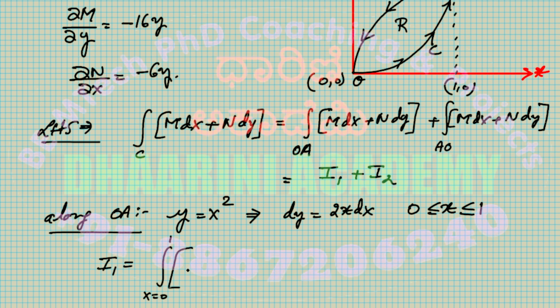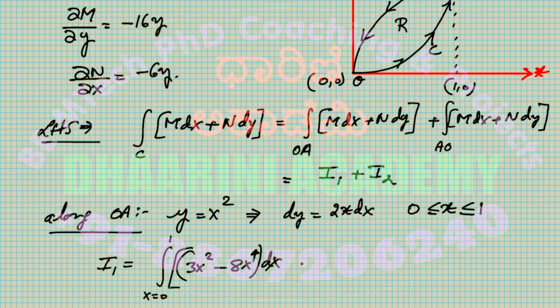So m as it is, no change, that is 3x square minus 8. What's the equation? If you see, 8y square, but y square means put y as x square. Every y becomes x, because I am not allowed to do the integration with respect to this. So this becomes y to the 4, right? Not y to the 4, x to the 4, my mistake. Yes, sorry. This is x to the power 4, right? And whenever you see a dx, write it as a dx, no problem. This is m